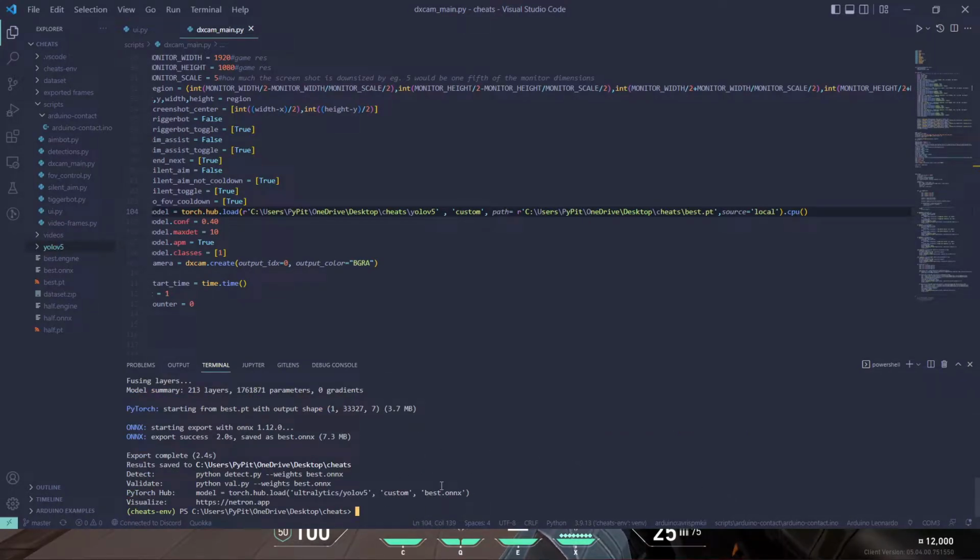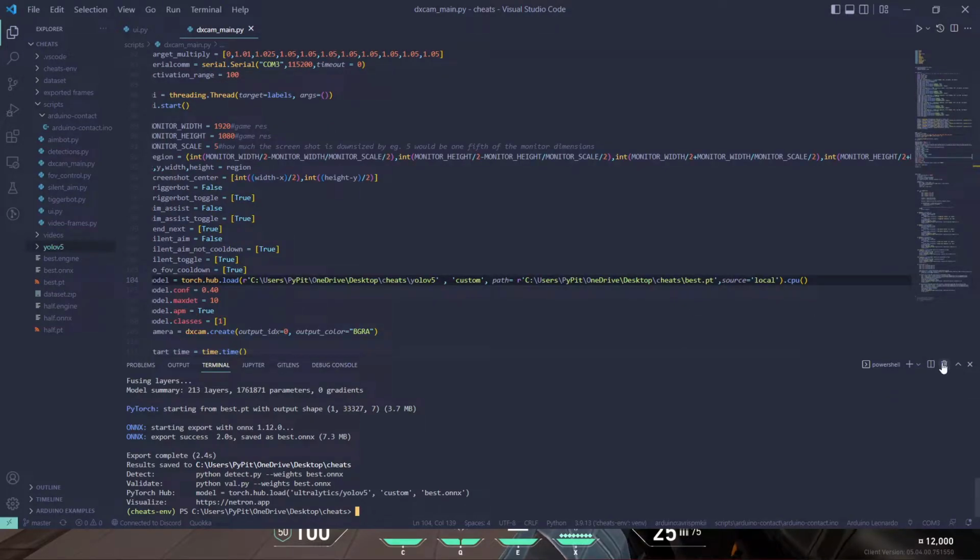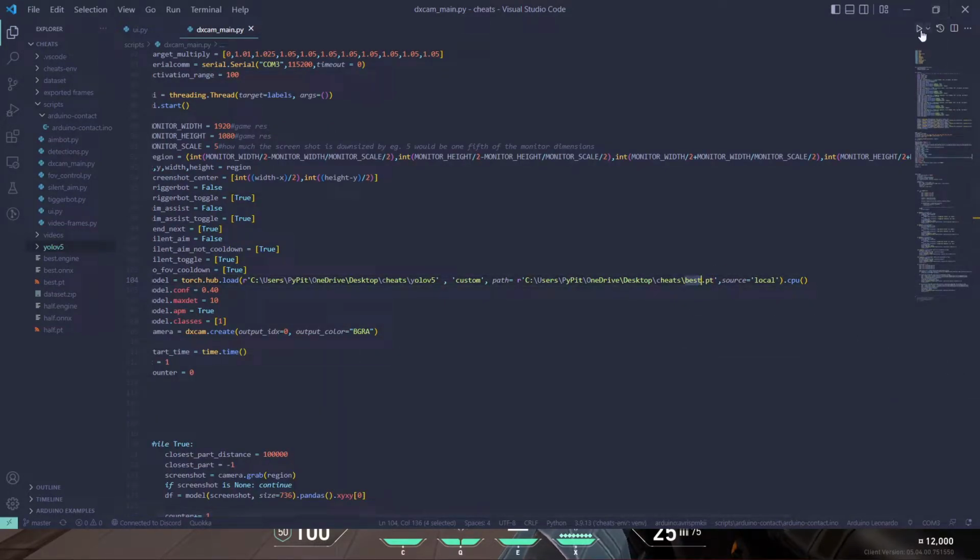Now it's successfully exported my model, as you can see here, best.onnx. It replaced the old one I had when I exported best.engine. So now with best.onnx, I'll show you the results. So with best.pt,